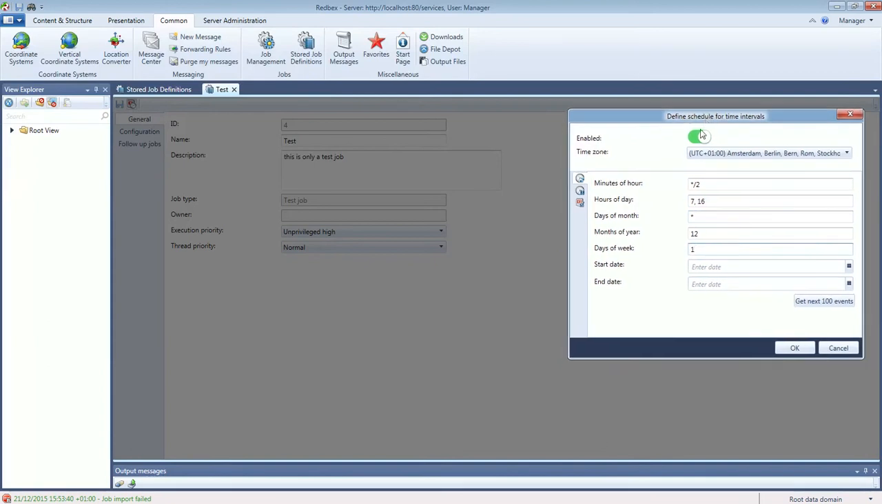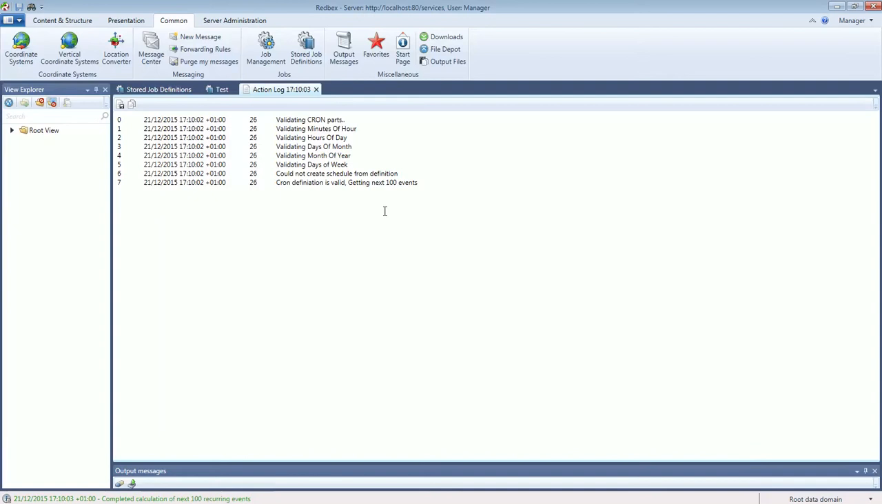To have a better look at this definition and to see the outcome of this definition, you have a possibility to press this button here below the definition, and then you will get an action log which just